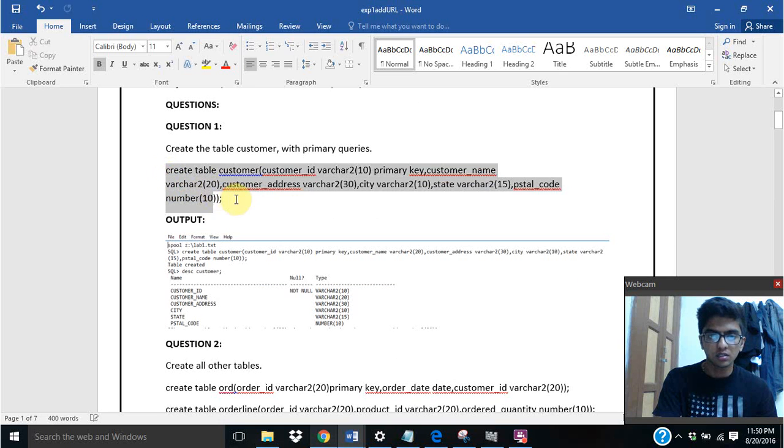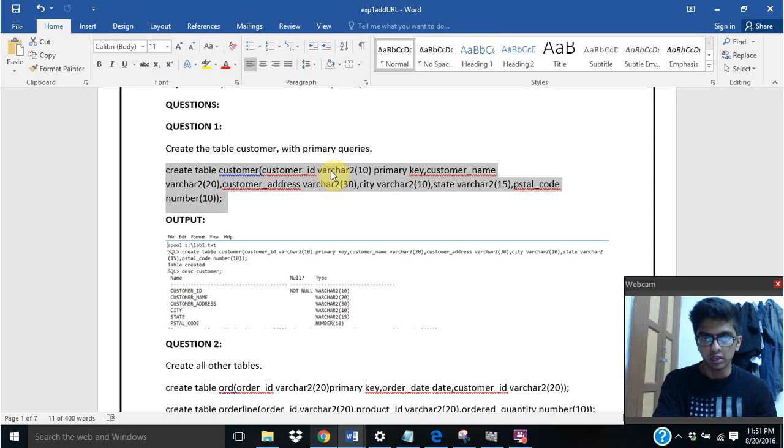So this is the syntax for making our customer table. The syntax is as follows: create table, followed by the table name, and following that we write all our attributes. The first attribute being customer ID. It is followed by VARCHAR2 and in parentheses 10. This basically allots space for our characters, and what VARCHAR2 does is that it removes whatever unnecessary